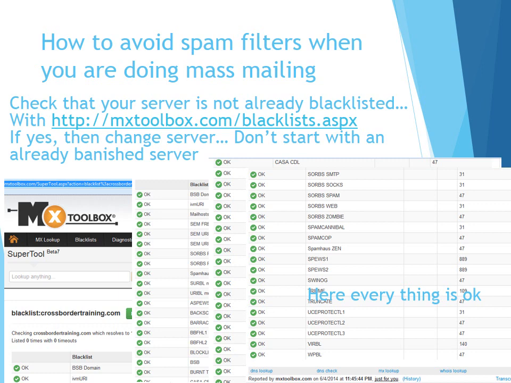So first, to check if your server is not blacklisted, the first thing you need to do when you want to send an email with a server, for example, is check that the server is not blacklisted. So you check. You can go on mxtoolbox.com/blacklist.aspx, and here you check with your domain name if you're using a dedicated server,